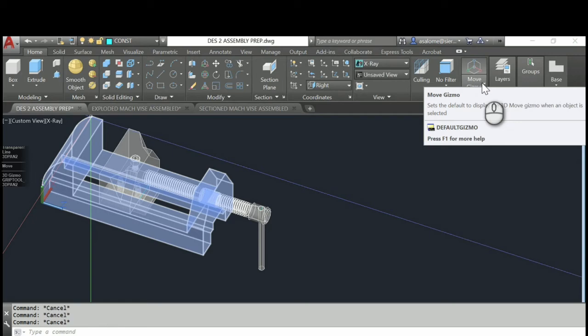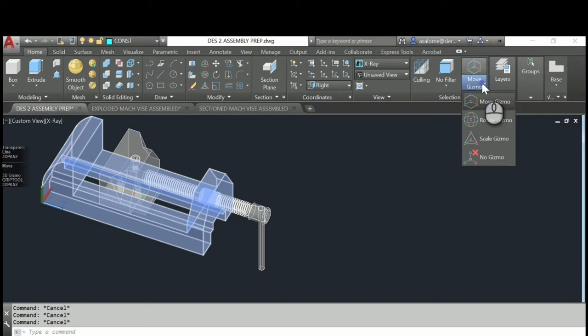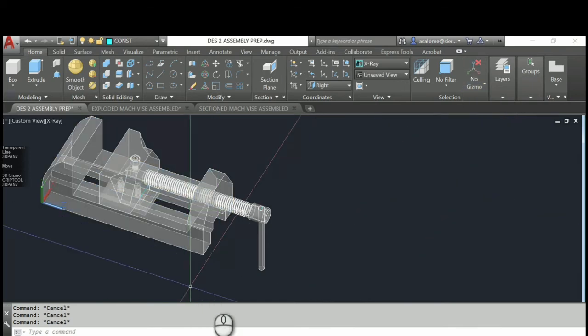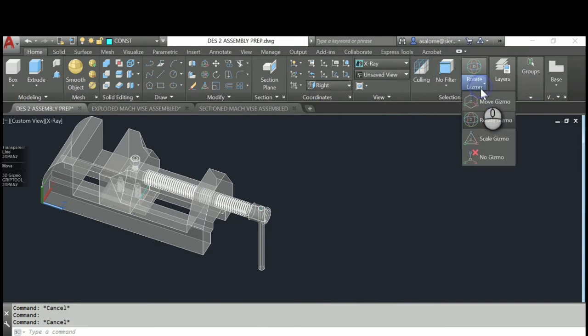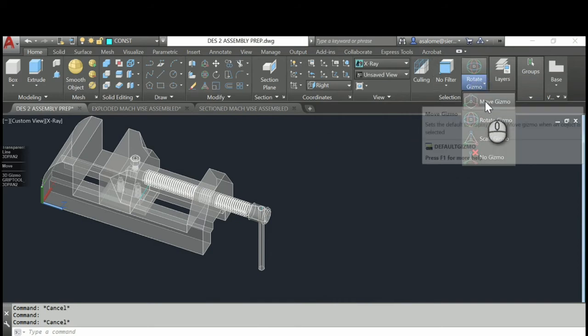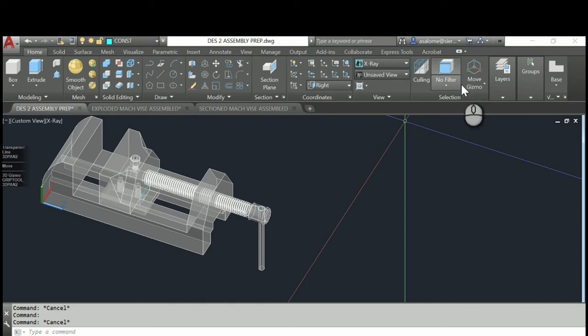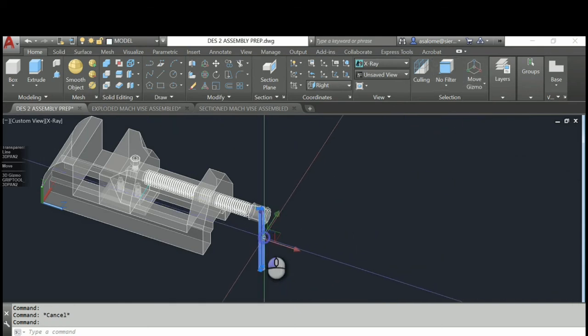Notice if I hover here, it says this sets the default to display the 3D move gizmo when an object is selected. You have your choice of these other gizmos. So it may be set up at no gizmo, and if I select this, I don't get a gizmo. I could set it so that rotate gizmo is the gizmo that comes on when I select it. But typically AutoCAD installs with the move gizmo as the default there. And in this case, it is.